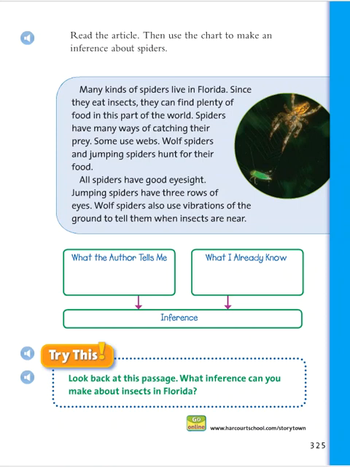What the author tells me? Well, the author told us there are many kinds of spiders in Florida and that they eat insects. What I already know. Think about some facts you already know about spiders. Maybe you know some different types of spiders. And then inferences. So think about, what did the author not directly say in this passage that you can tell